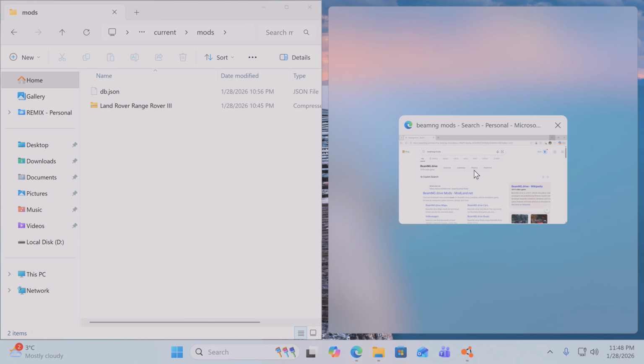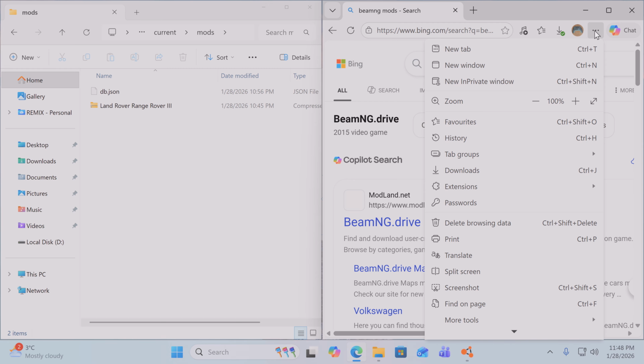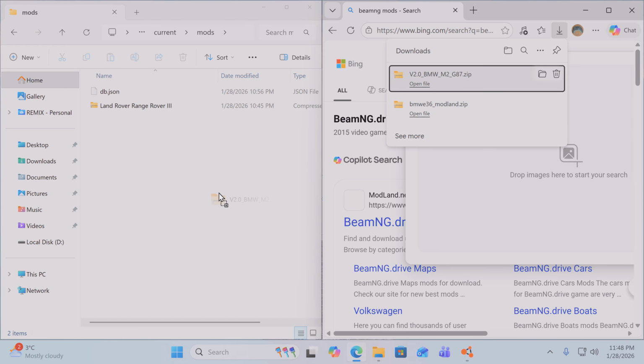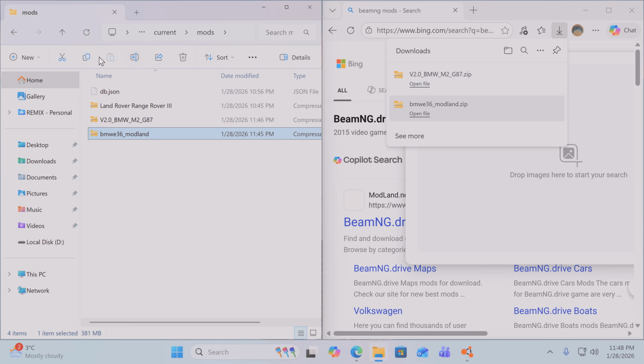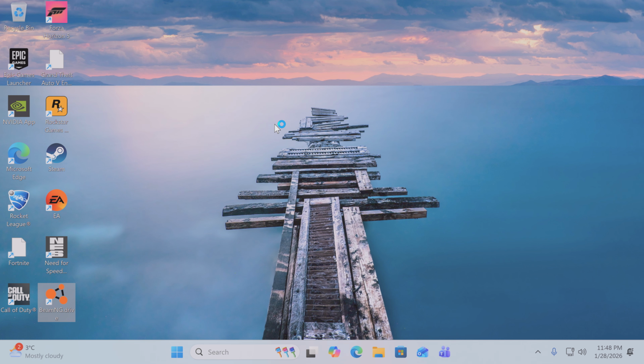We'll put that over there. This is the way that I like to do it. So obviously you've got your mods folder here. Click on this with 3 lines, 3 dots. Click on downloads, and as you can see, here are our cars. There's 1, and there's 2. I always click this reload thing just so then it can sort out the alphabetical order. You don't have to do that, it's just something I do. Maybe I've just got OCD or something. And once you've done that, click X off of it all, launch the game,